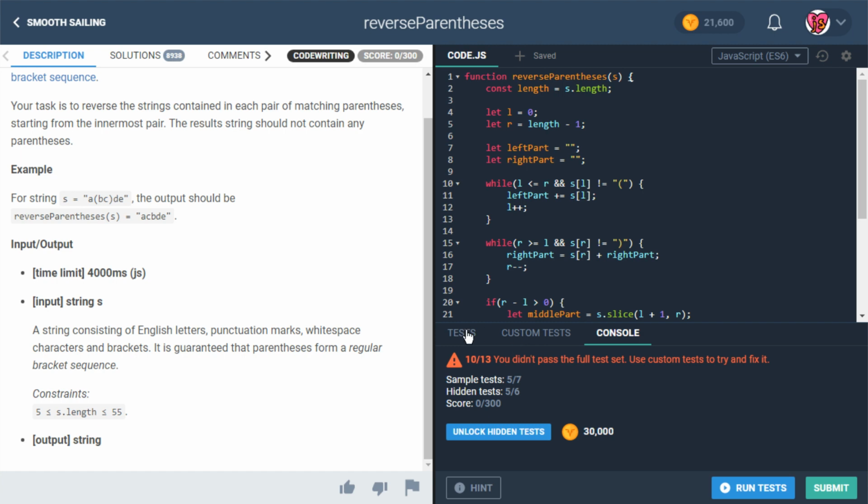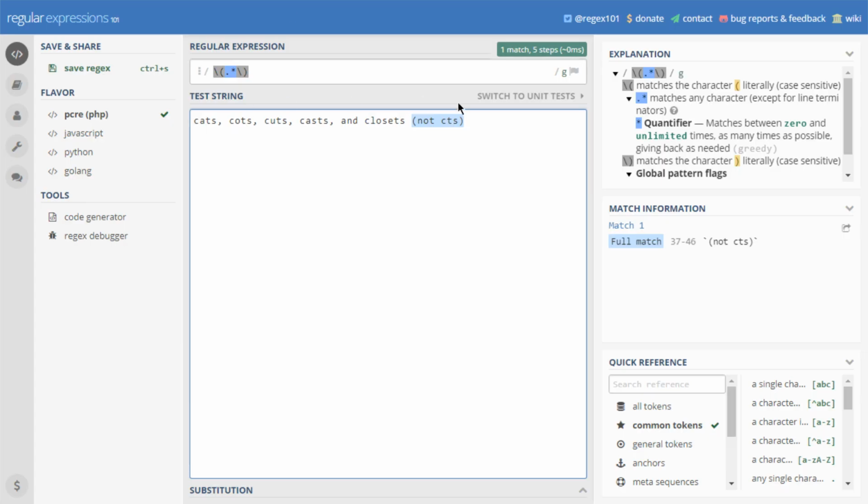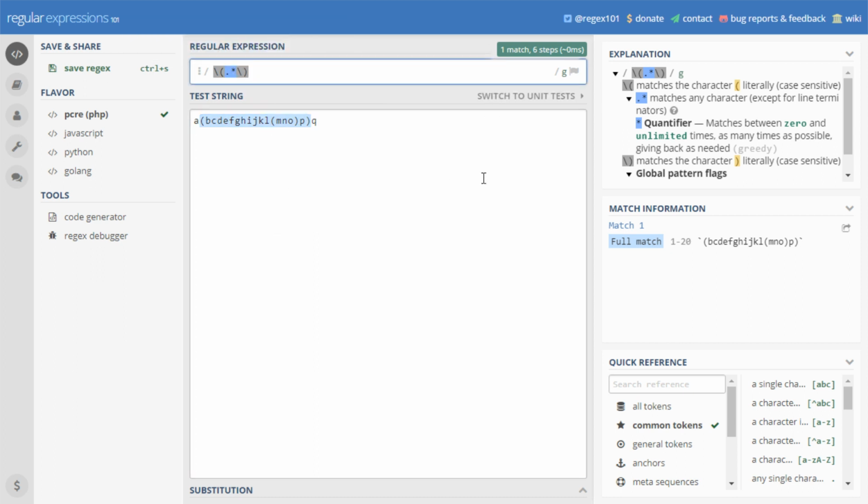In fact, let's get one of these in here. Let's say this is now going to be our new test string. Okay, so check that out. First of all, it's being greedy, right? So since it's being greedy, it's capturing the outside group. If we wanted it to be not greedy about this, then it would capture,